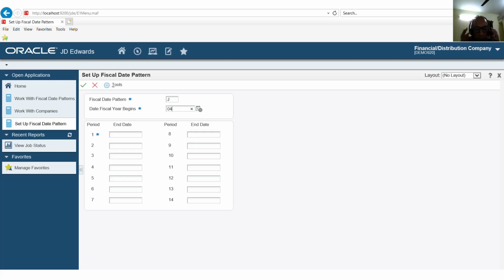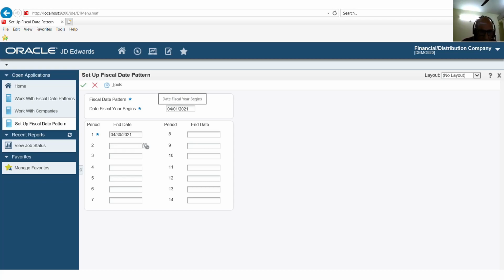So here I am creating 04/01/21. See, up to 31st March that account is there, and I am starting from 1st April. So my first period will end on 04/30/21.